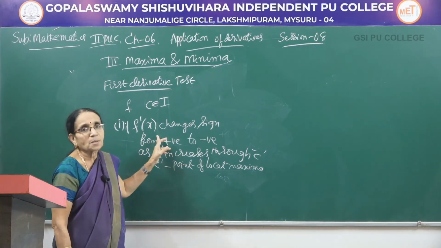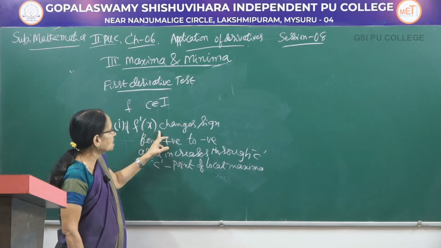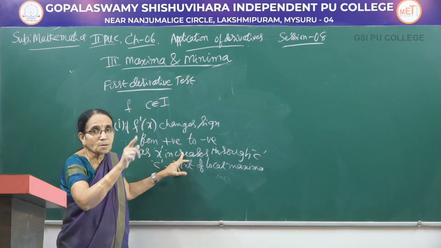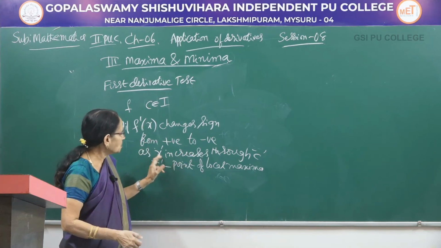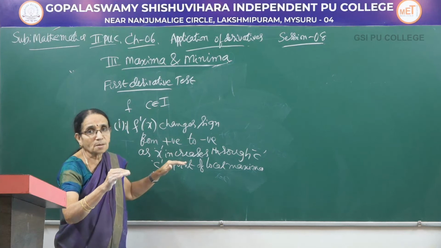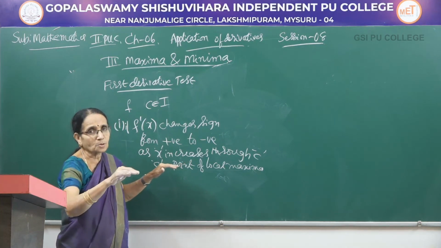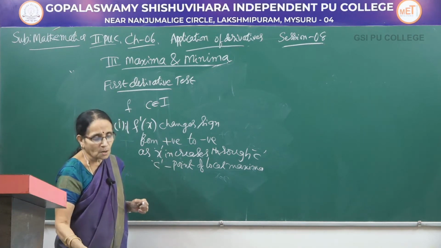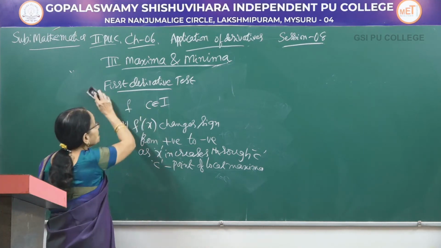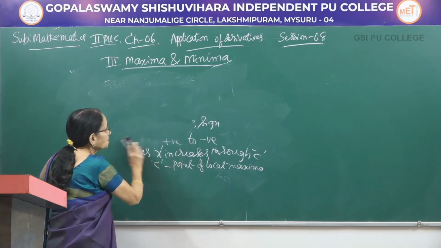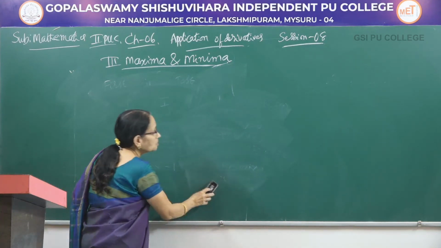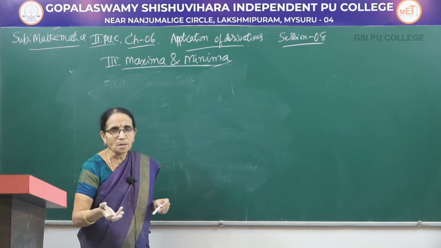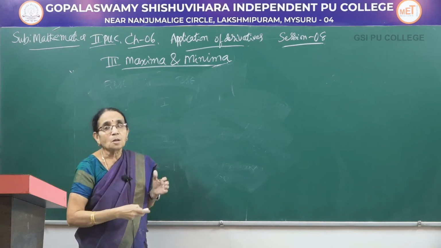That is what I am writing in the form of a statement. So if f dash x changes sign from positive to negative, in other words increasing to decreasing, as x increases through C, then C is called a point of local maxima, and f of C is called the local maximum